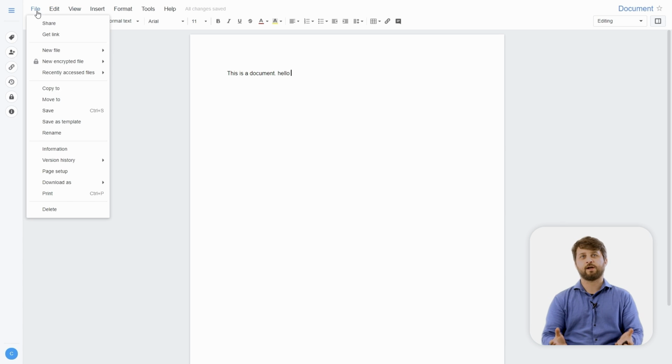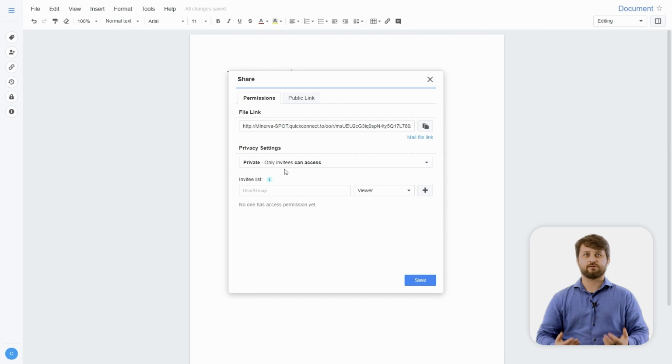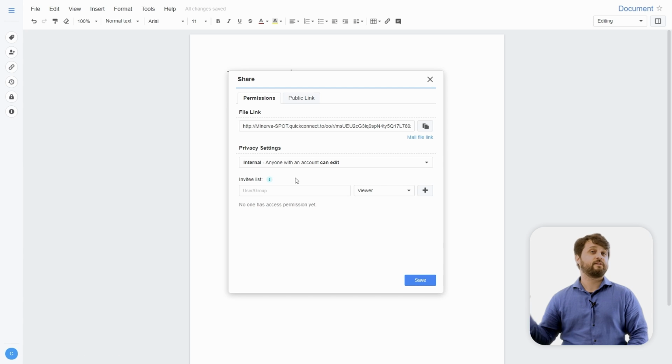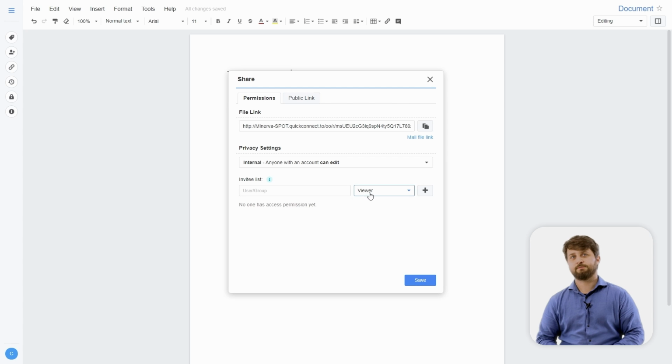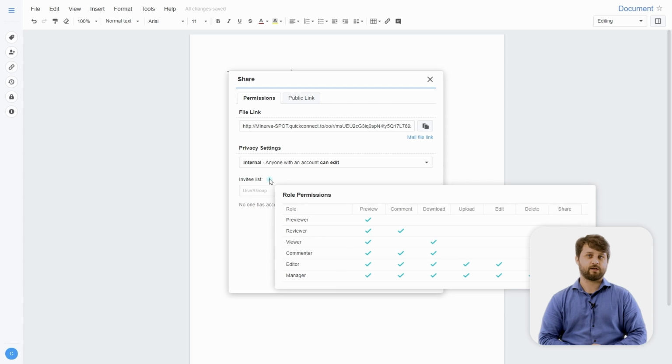Under this main sharing page, it's mainly for sharing internally. You can have a share link and set privacy settings for your internal users, allowing them to view it, comment on this document, or even edit it. You can select invitees that you can actually invite to the specific document and give them specific role permissions for this document. Again, this is getting a little bit more granular than a home user might use. All those features for permissions is usually for business use, but this public link is great for everyone.